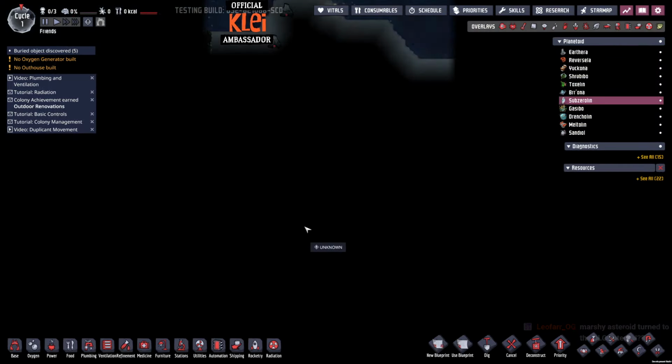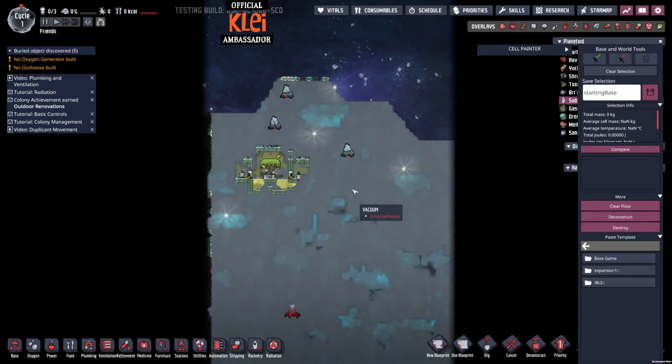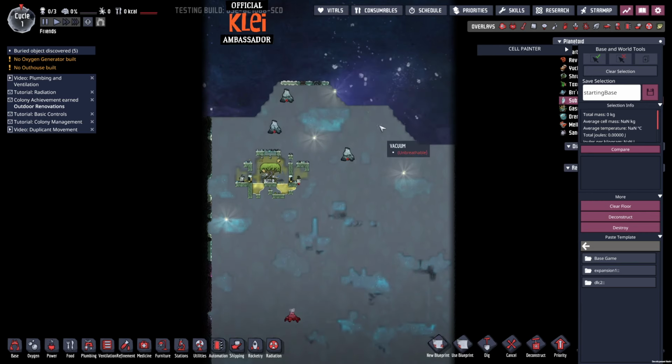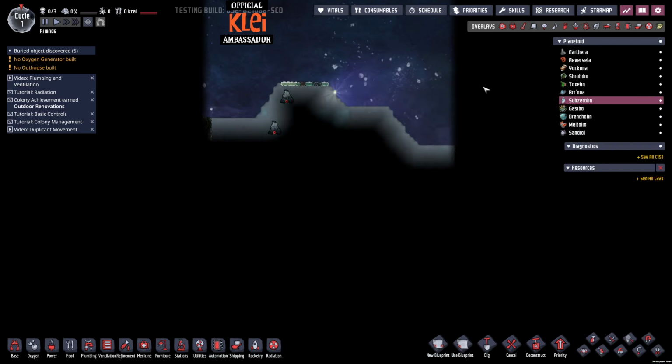It didn't turn into the DLC asteroid. I've dug it all out now. The DLC asteroid in its full, did it? Because it's purely DLC biomes, basically, plus some of the original stuff. I don't know exactly how it works, but...